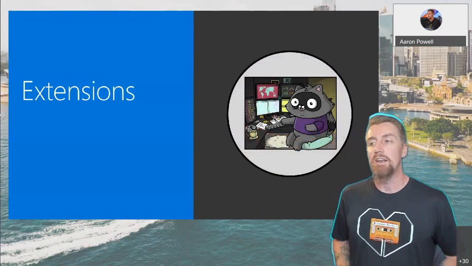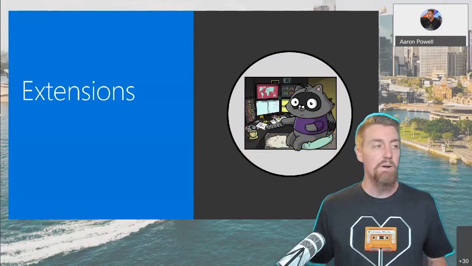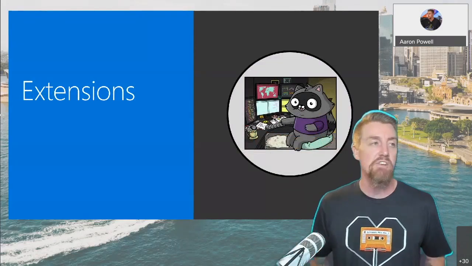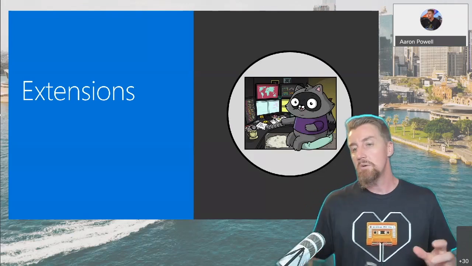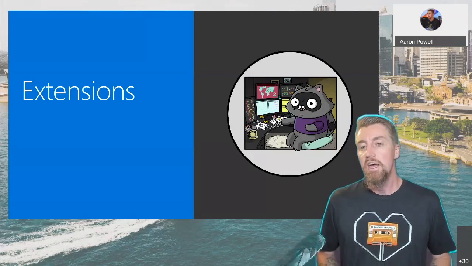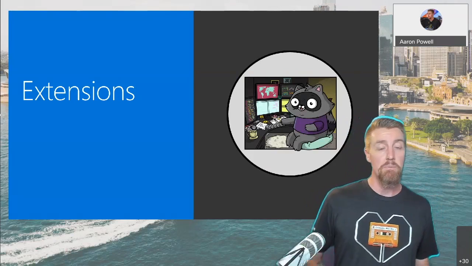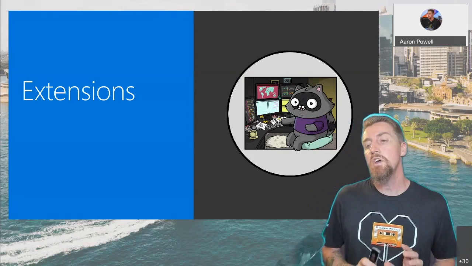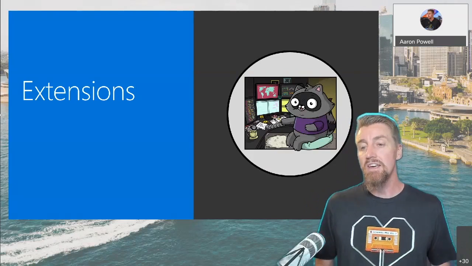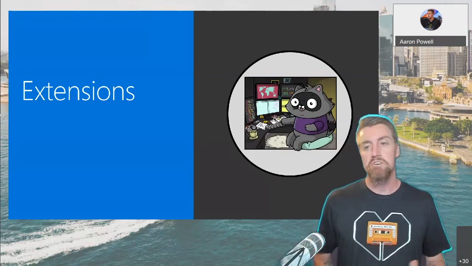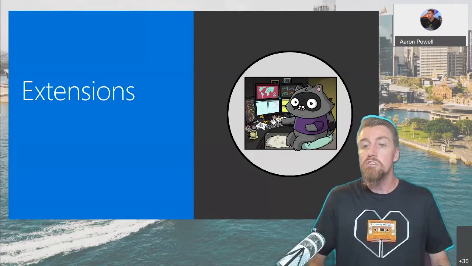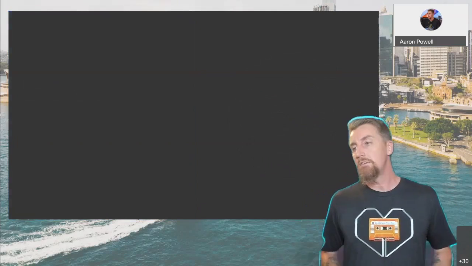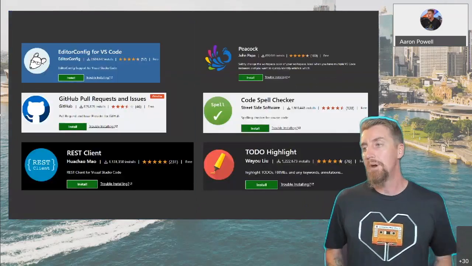The next thing I want to talk about is extensions. Now, look, everyone has opinions on what the best extensions to install are, and these are their favorite extensions, and that's going to be different if you're a .NET developer versus a JavaScript developer versus a Python developer. So instead, I want to touch on 6 extensions that I think are really useful general purpose extensions, regardless of what kind of usages you have for VS Code. And they are appearing very shortly when my animations run in PowerPoint. Ta-da!